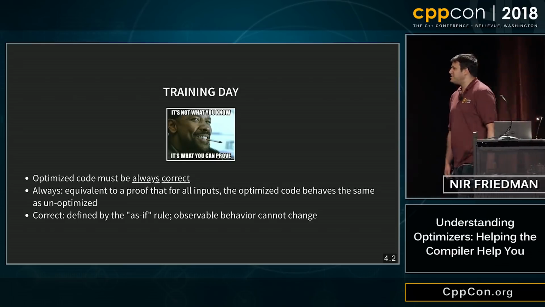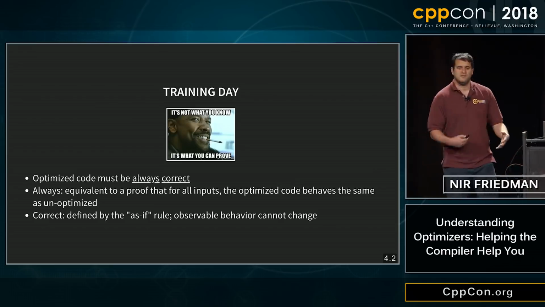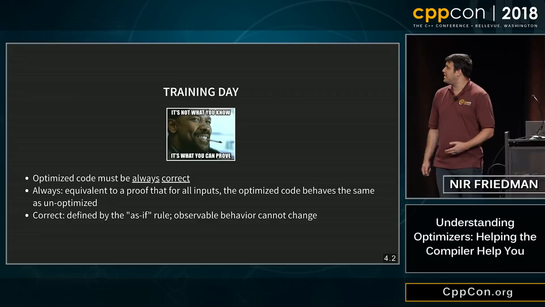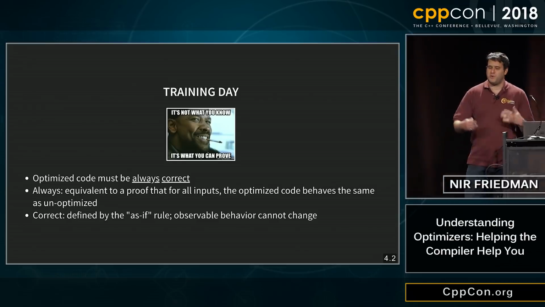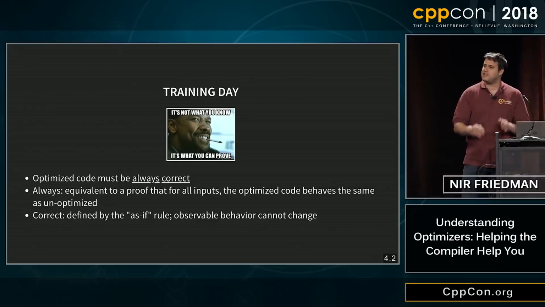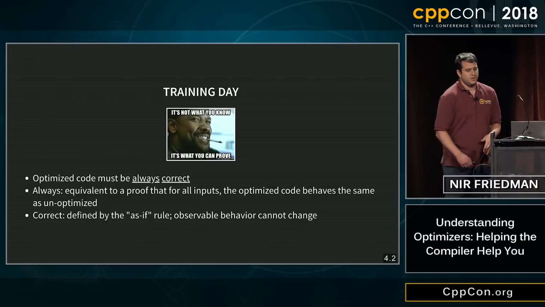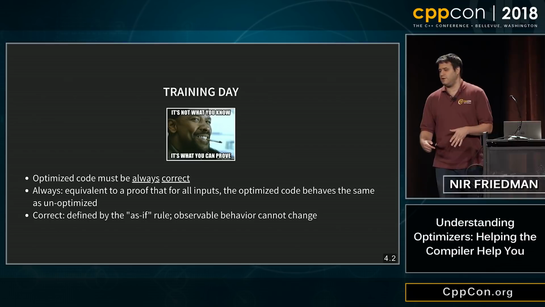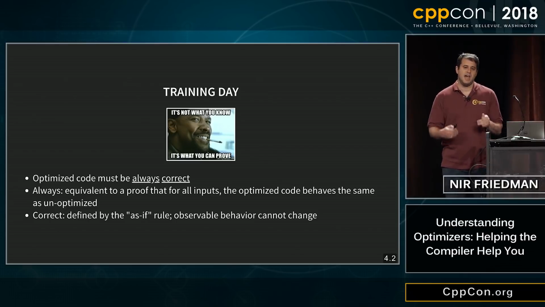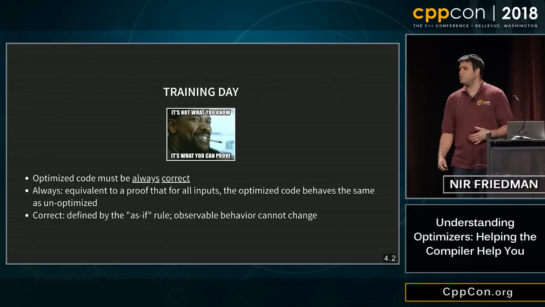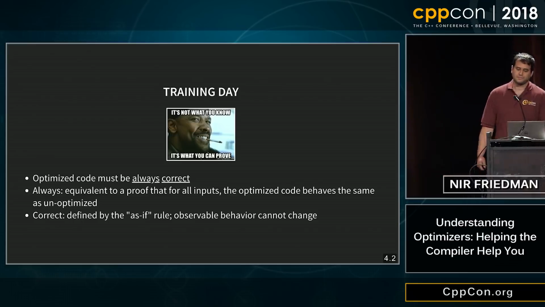Okay, so the movie is about this naive cop that joins a unit with this corrupt but effective cop played by the ever wonderful Denzel Washington. And one of the refrains in the movie is he keeps telling the younger cop, it's not what you know, it's what you can prove. So the same thing is true about the compiler. Okay, you may think you know something. I'm only going to use the function this way. I'm only going to do that. The compiler doesn't care. The compiler will only do what it can prove is correct.